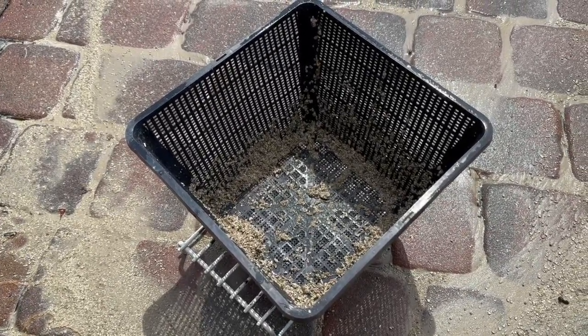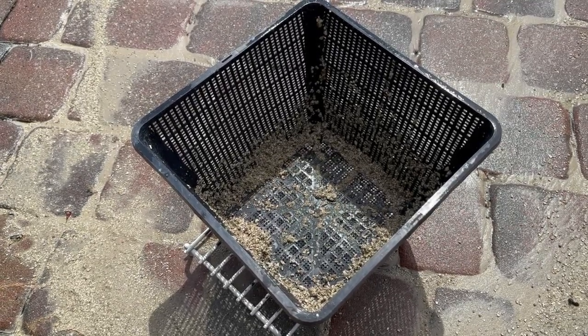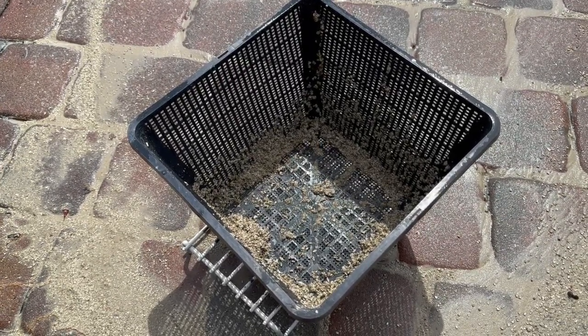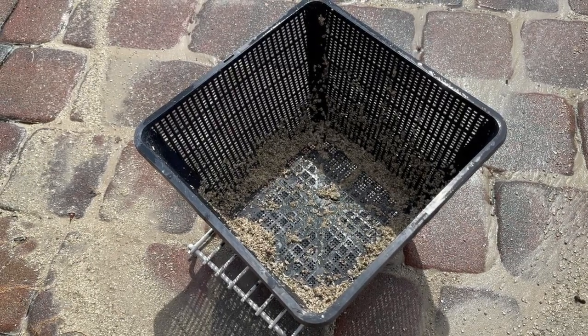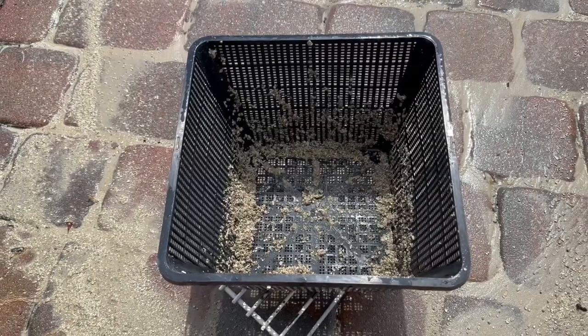The holes are just the right size. And you pour the kitty litter or your fluorite in here, and you get a garden hose and rinse it down. There was one thing I did want to bring up. I did a little test with kitty litter,